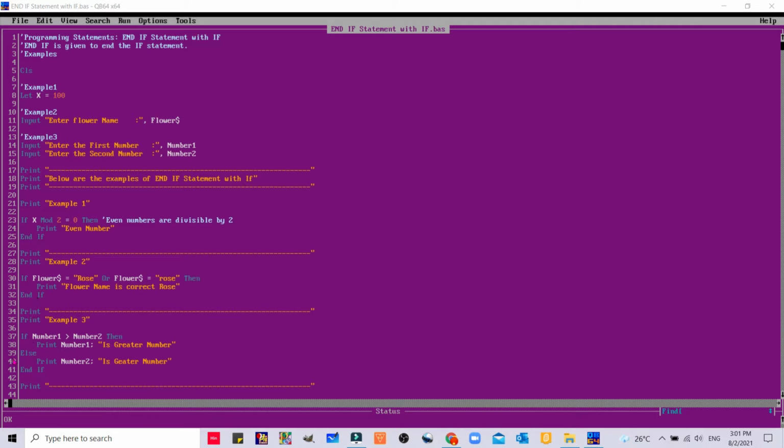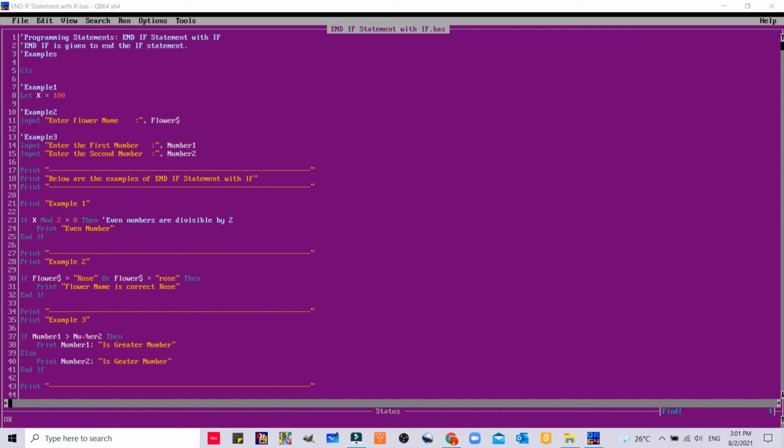Example 3, the program will ask to enter 2 numbers, then we will do the comparison, then print number 1 is greater.